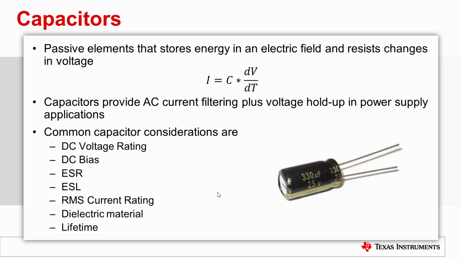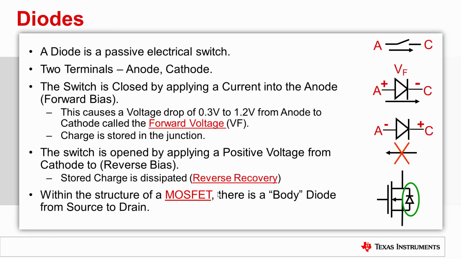A diode is a two-terminal device that is used for rectification and is common in both AC to DC and DC to DC power supplies. It acts like an electronic version of a check valve, allowing electric current to pass in one direction and blocking current in the opposite direction.